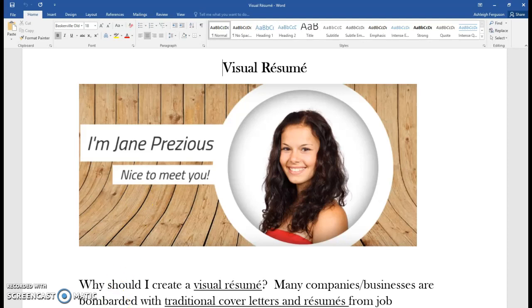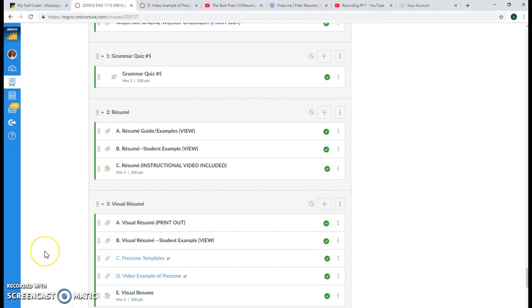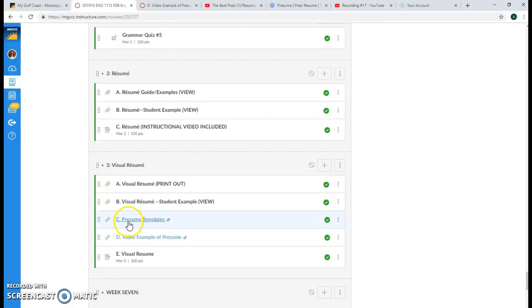Now you're going to notice that on the modules, there are several modules available to you, the Presume templates or a video example of a Presume. I'm sure many of you use Prezi presentations, the website prezi.com, but there's a new concept called a Presume, and I know it sounds weird, like a shampoo. That's what my other students have said, but a Presume is essentially a Prezi version of your resume. And if you click here on Presume templates, I'm going to show you right here what it looks